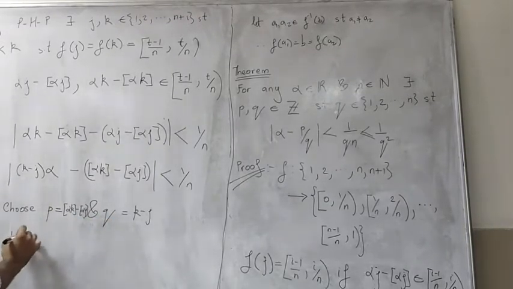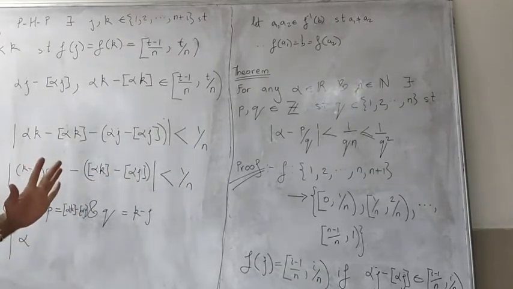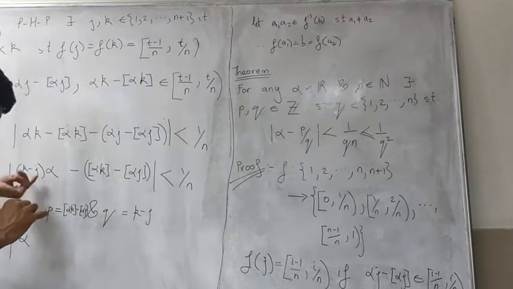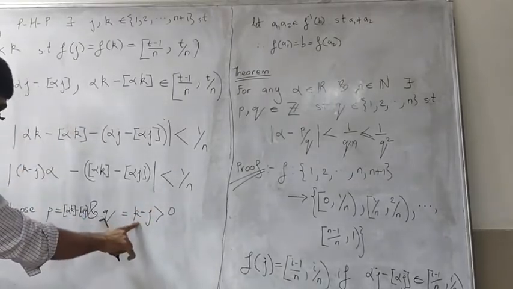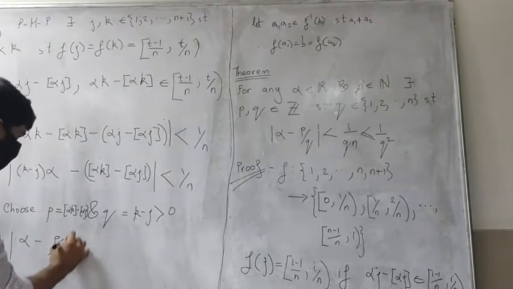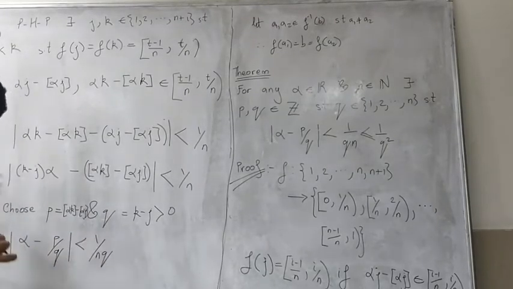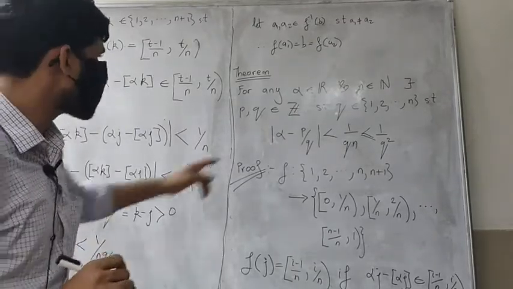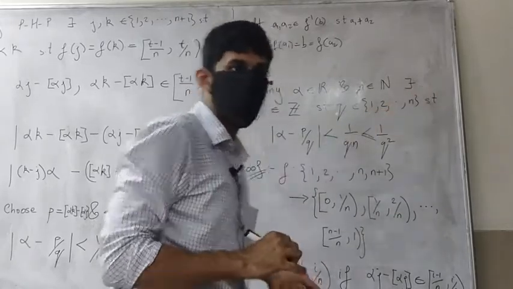Okay. So you choose P to be this, choose Q to be this, and what we have here is that mod of, divide throughout by Q, because Q is a positive number, right? k minus j is positive. So divide throughout by this, and you get mod of P by Q less than 1 upon n times Q. The only question you might ask is, where should Q lie? Between 1 and n. How do you know that Q lies between 1 and n?